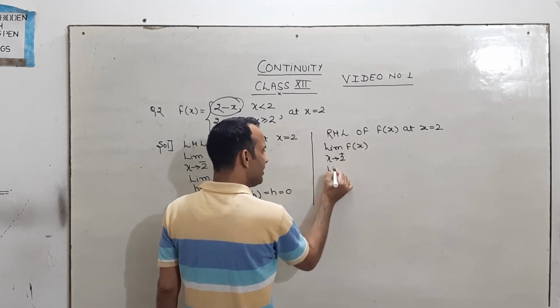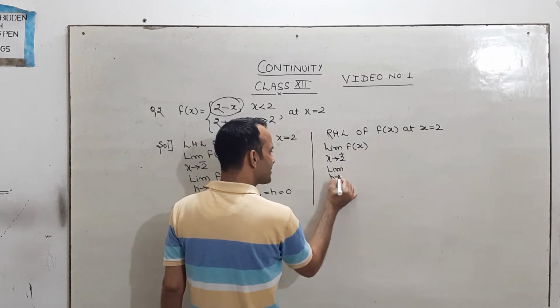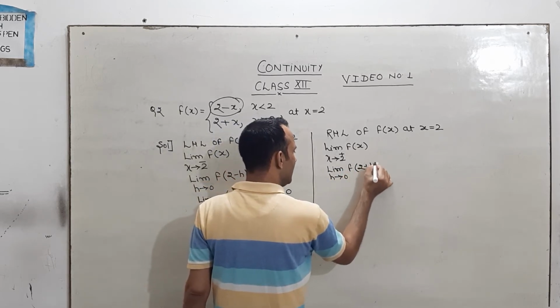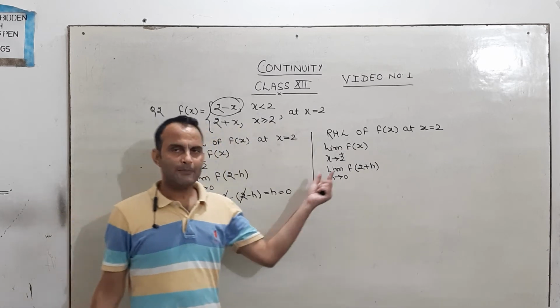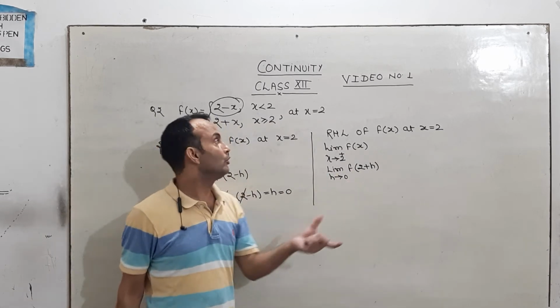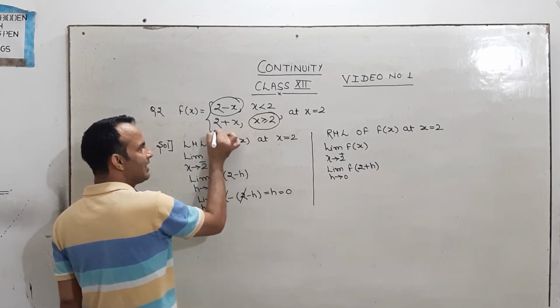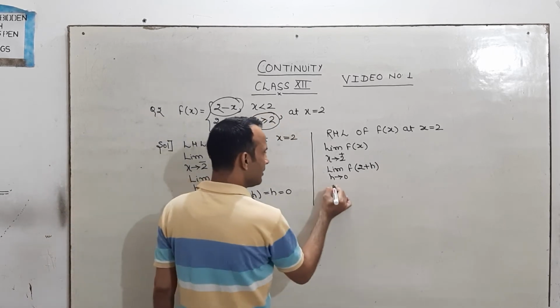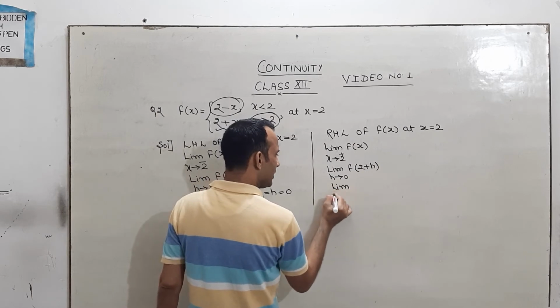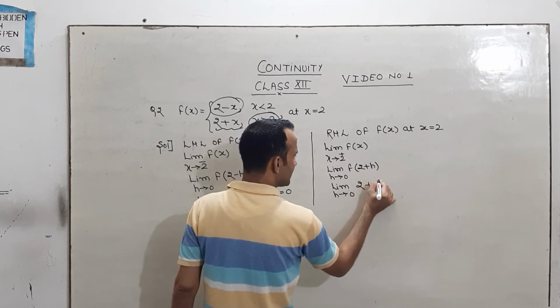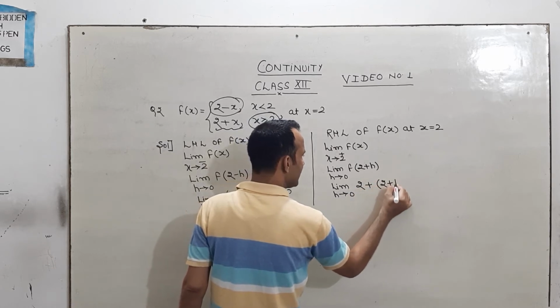In the next step, we have to write limit h tends to 0, f of a plus h. Now you can see f of 2 plus h means more than 2. Which value is greater than 2? Here it is given x is greater than or equal to 2, means we have to select now 2 plus x. Limit h tends to 0, 2 plus x, in place of x, 2 plus h came,